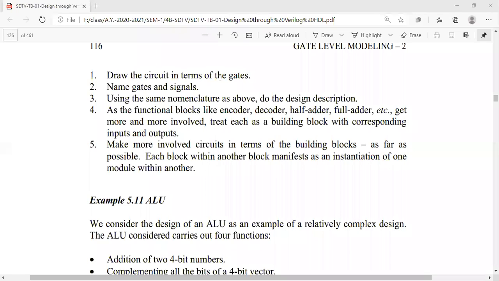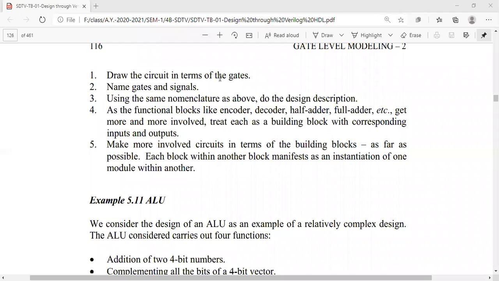First, if you are required to do a very big circuit, you have to identify what the gates are.